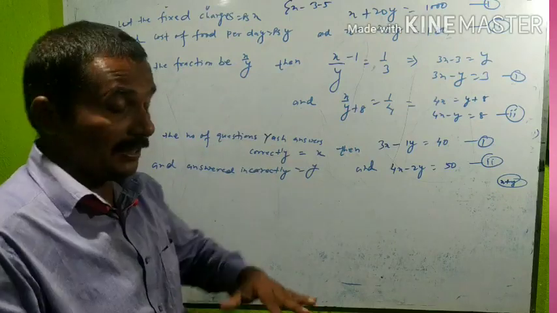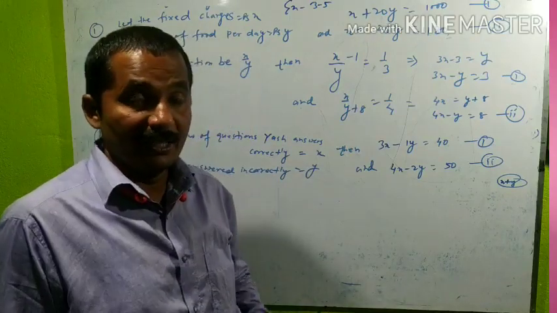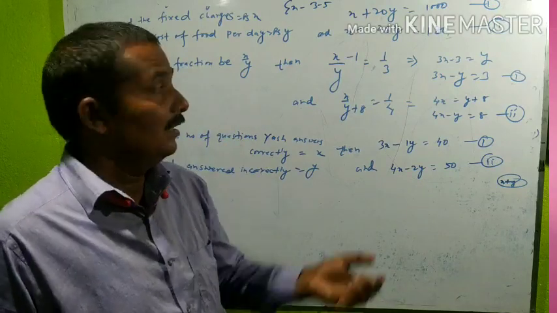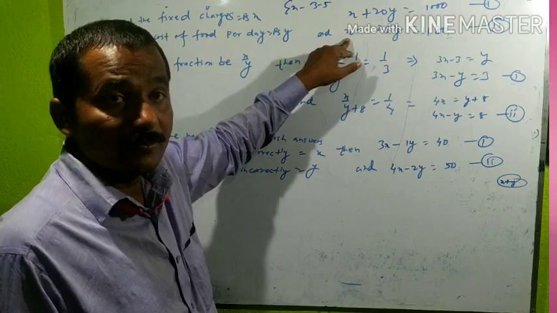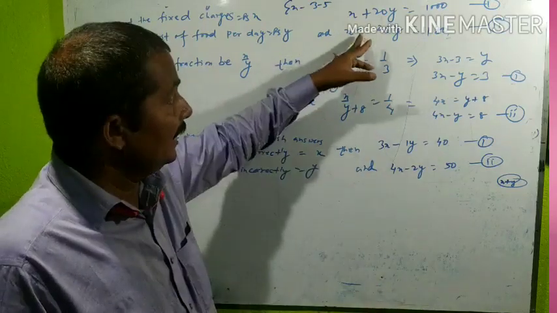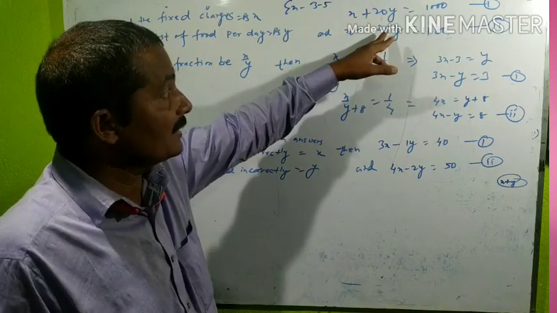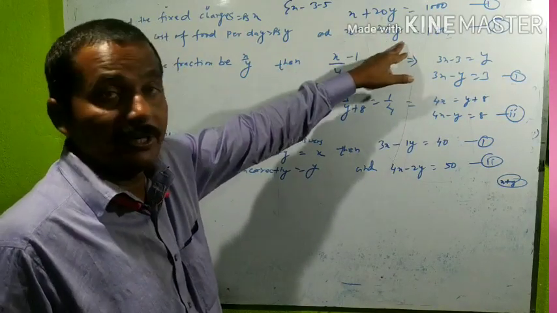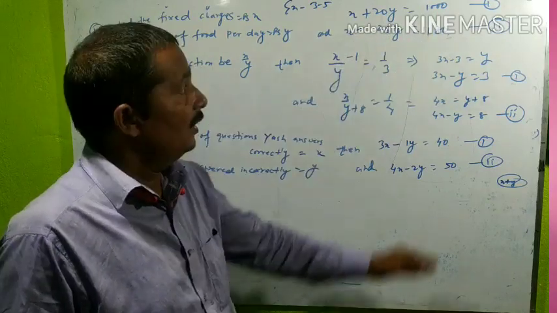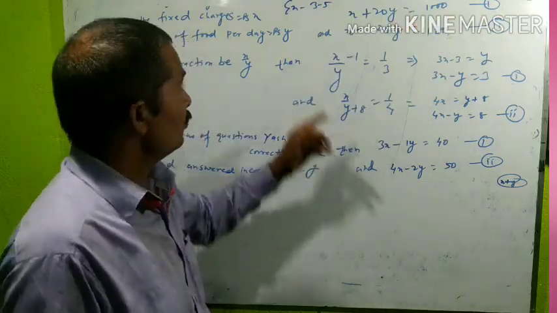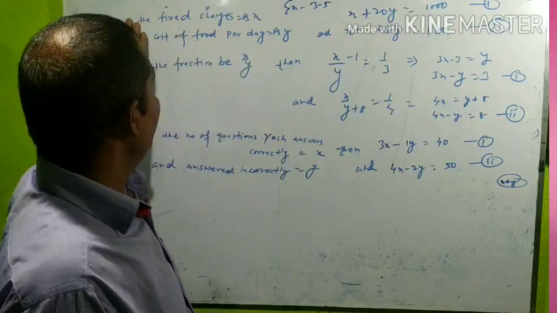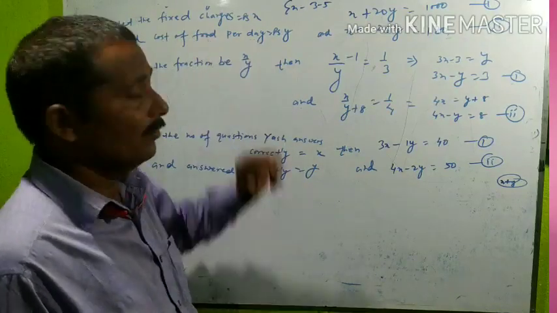Second similar condition. The second person takes food for 26 days. 26 days means first fixed charge X rupees. It is fixed for each and everybody coming in that hostel. And the charges for 26 days will be 26Y. So X plus 26Y is equal to 1180 rupees. So here are two equations for this question. You will solve these two equations. You will get the value of X and Y, and that will be the fixed charge and the cost of food per day.